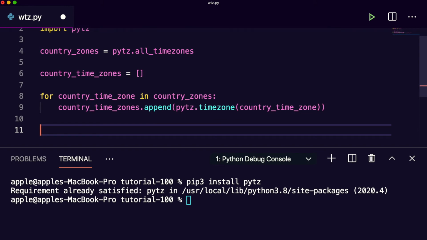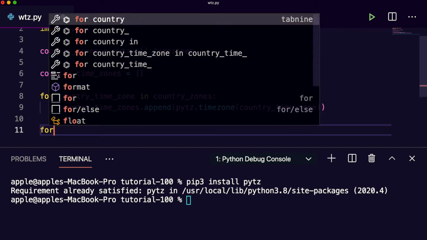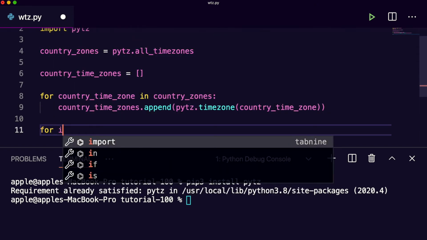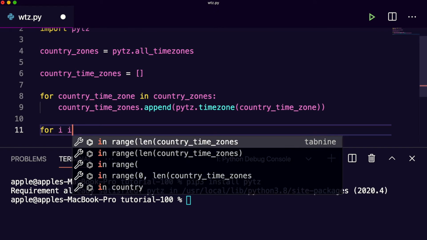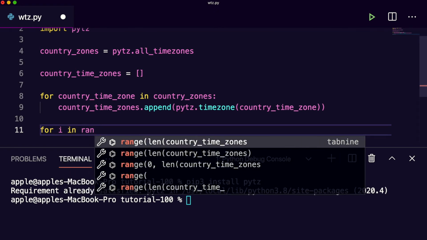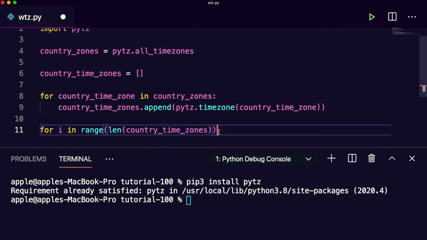Again, we'll take another for loop where I will print the current time for each time zone. Here the range is country_time_zones, which we created above.